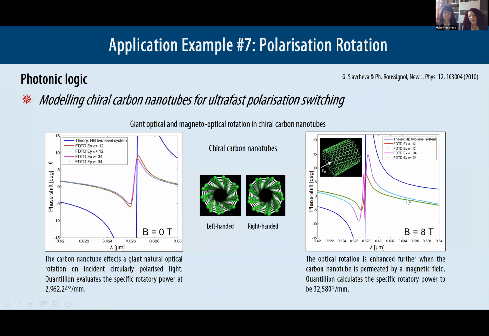For chiral carbon nanotubes, if the pulse is threading the carbon nanotube axially, we have shown a giant polarization rotation, which exceeds the polarization rotation induced even by metamaterials.